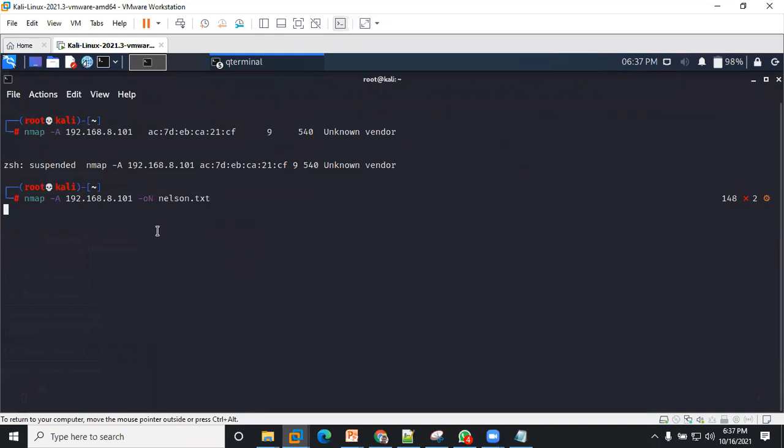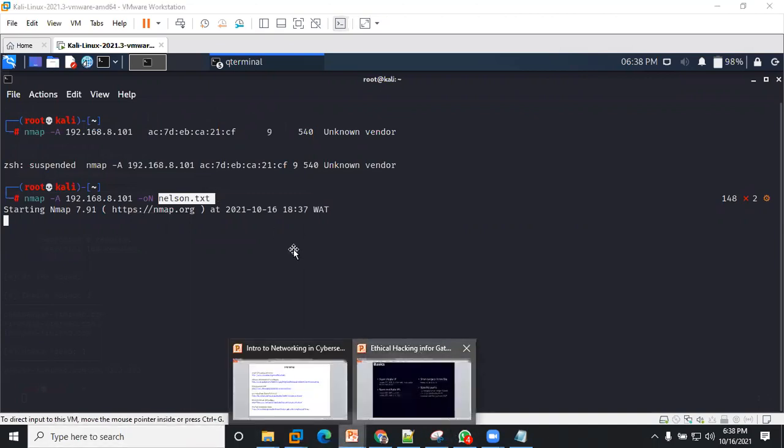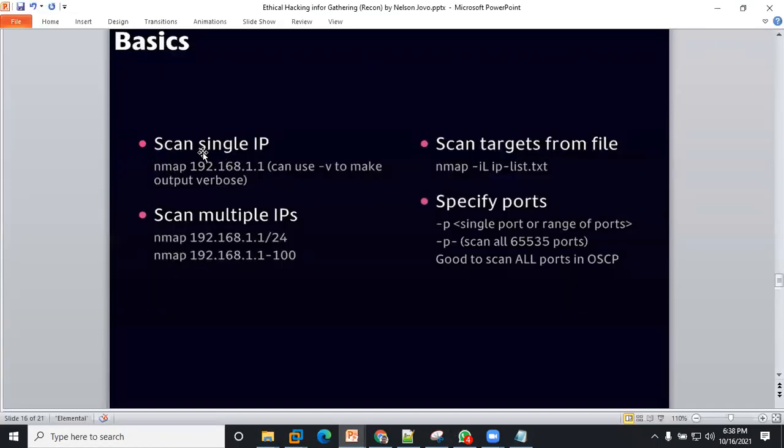So to start scanning that particular asset, it will display the result on the terminal and also save it in this file, right? So it is not something that you have to cram, guys. You just need to know that there are several flags that you can use. What I did was put some of the major flags that we can use to scan a single IP address and more. Not just a single IP address, you can scan based on subnet, you can scan based on range, right?